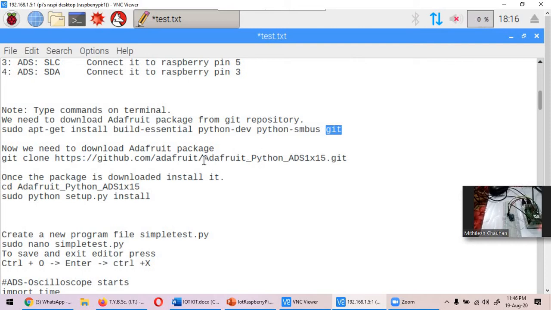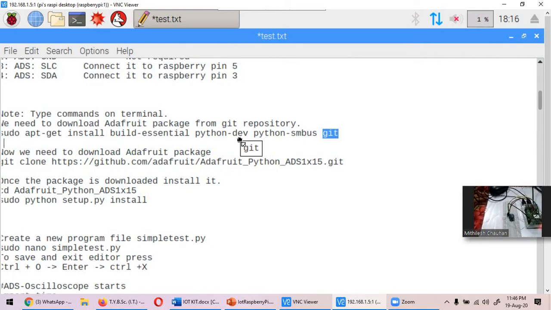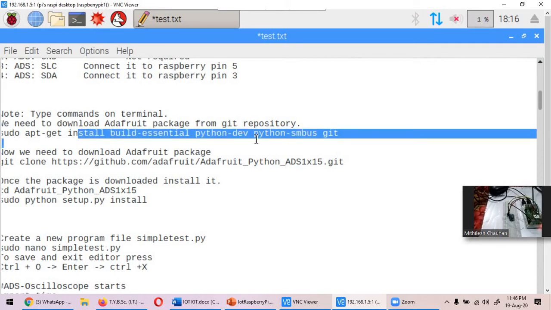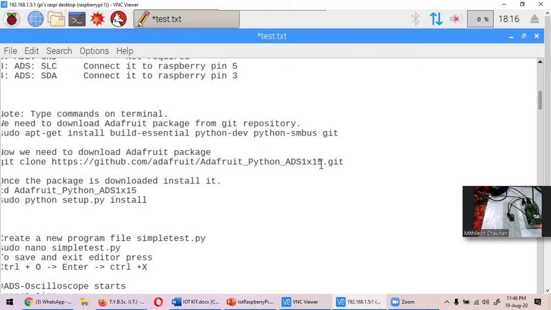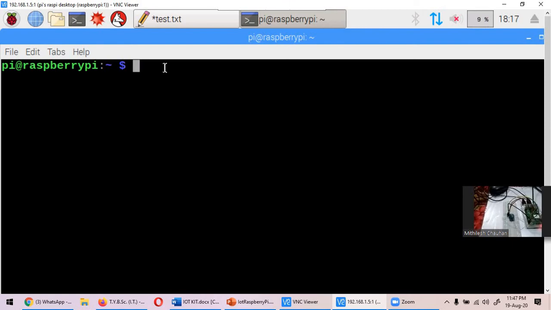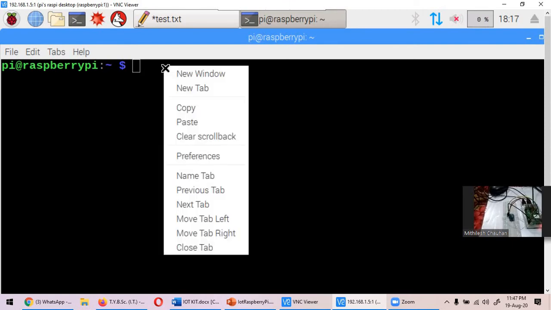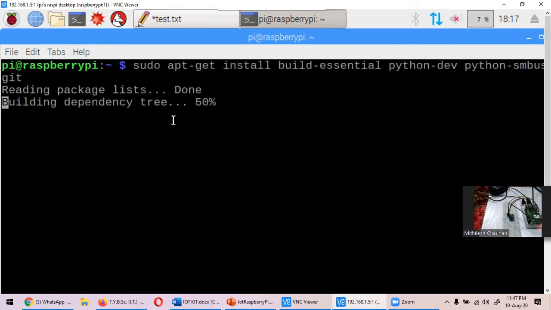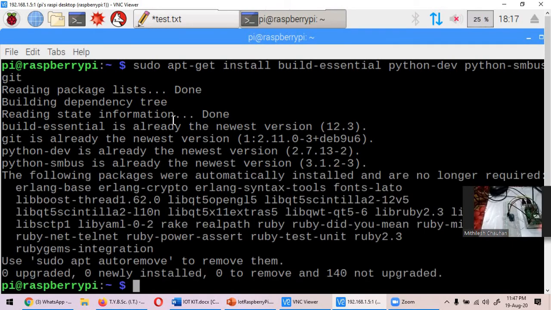Basically what we are going to do is download a Git repository. Now to download this Git repository, we require Git and other dependencies that may be required by the application. These are basically the dependencies that we will download to make sure that this application will work. Now I have copied the first line. To install the dependencies, we have to open the terminal, and on the terminal I'm going to paste the line which is going to download our dependencies.